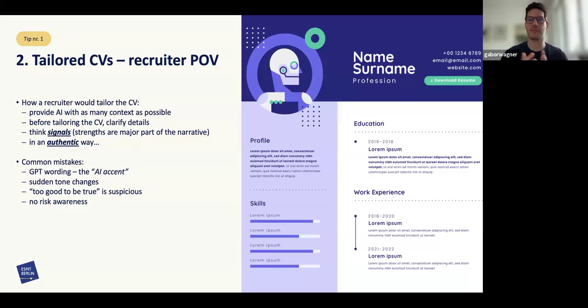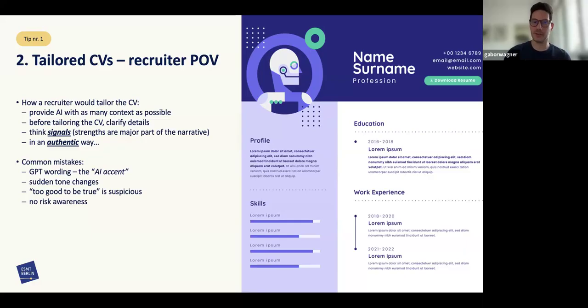So it has a wider context of what is required for the job and how your defined persona is matching this kind of job. You always have to clarify the details with AI. Here I was talking about hallucinations and biased AI. You never leave a chance for any AI to assume. You have to clarify every small detail.